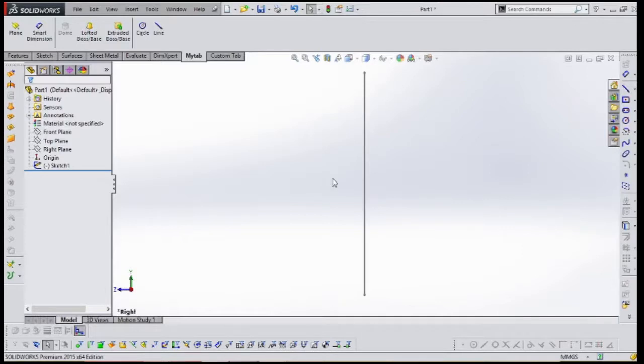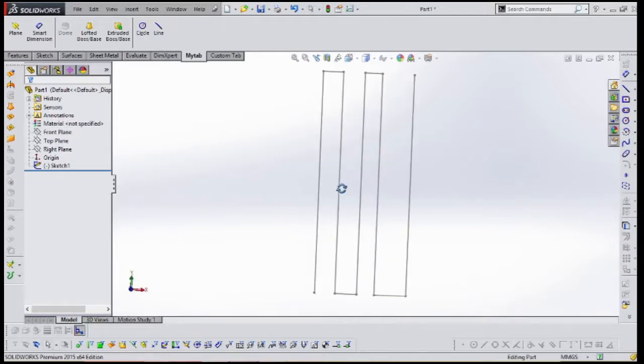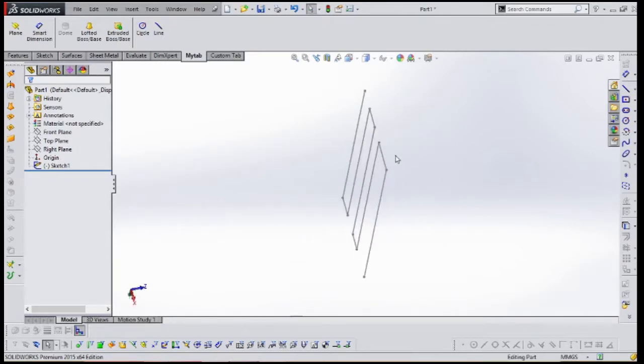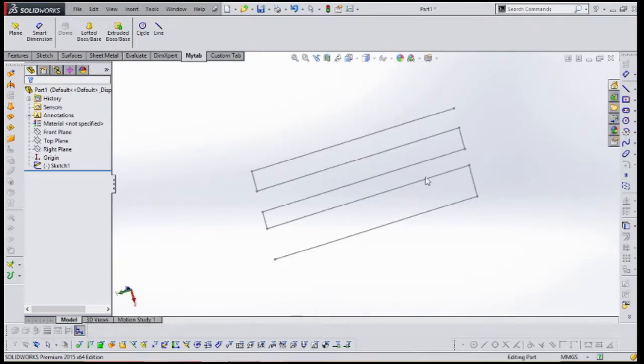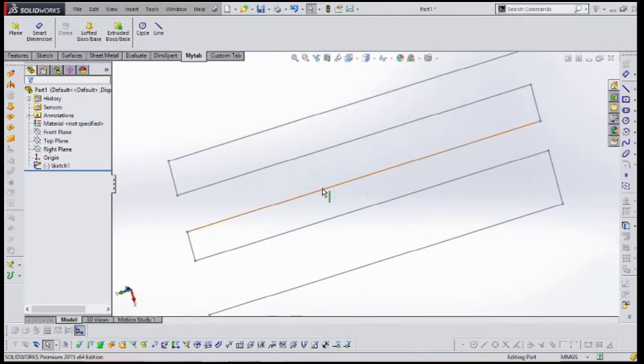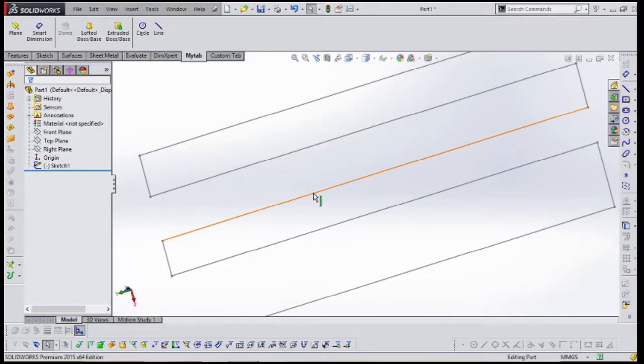Now what I want to share is the mouse options. Suppose this is a sketch you have. I am simply rotating, panning, and zooming, but you don't know how I'm operating the mouse.